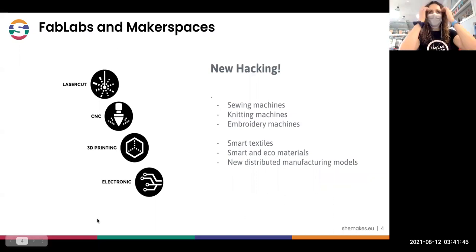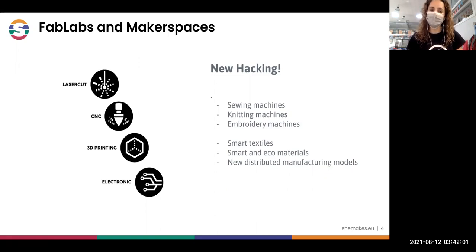So the thing that we can use in the Fab Labs and the makerspaces is that we have some techniques accessible to almost everyone, and these are the laser cutter.